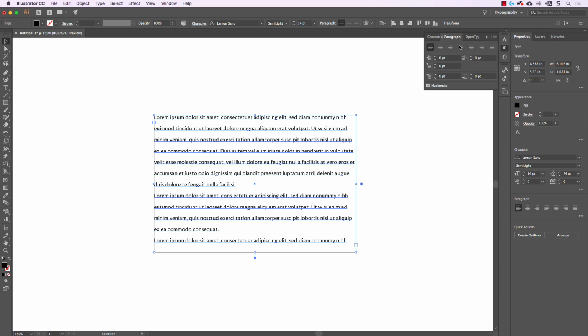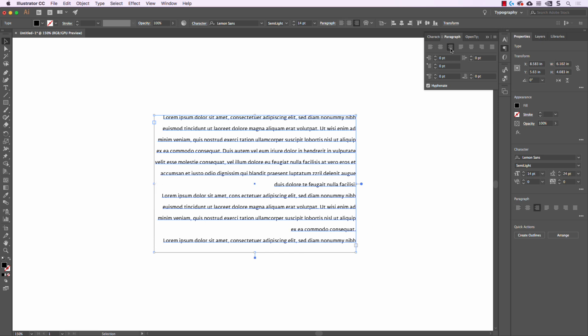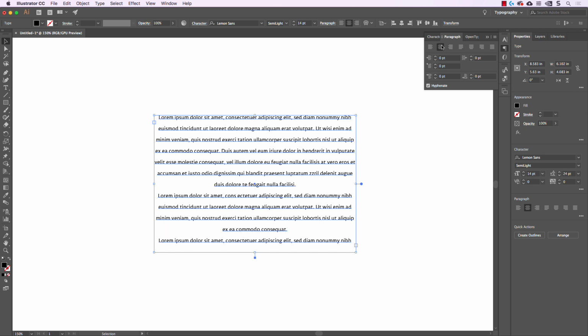So at the top of the paragraph panel, you have some different alignment options, including left alignment, which is the default. Left alignment is going to create a straight edge on the left side and have a ragged edge on the right side. Right alignment is sort of the opposite of that. It's going to create a straight edge on the right side and a ragged edge on the left side. And then in between those two options, you have center alignment, which is going to align each line down the center, creating a rag on both